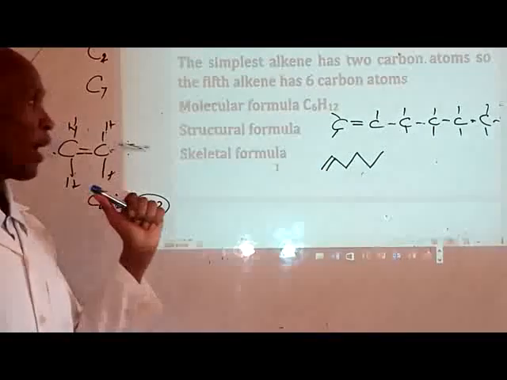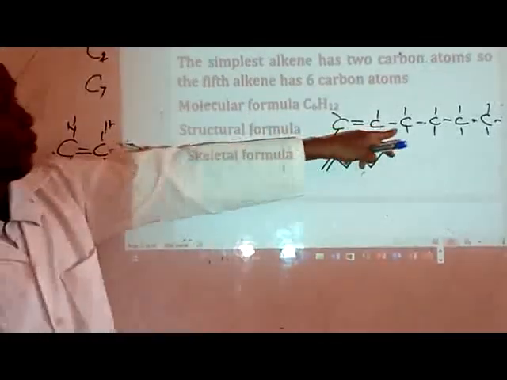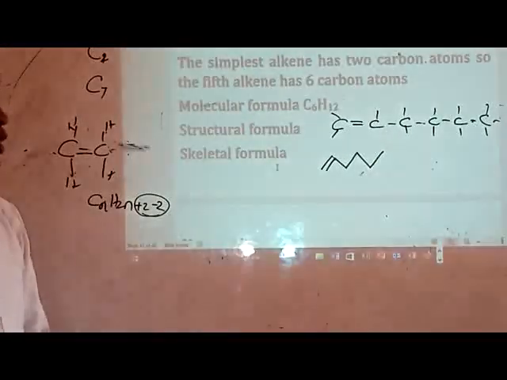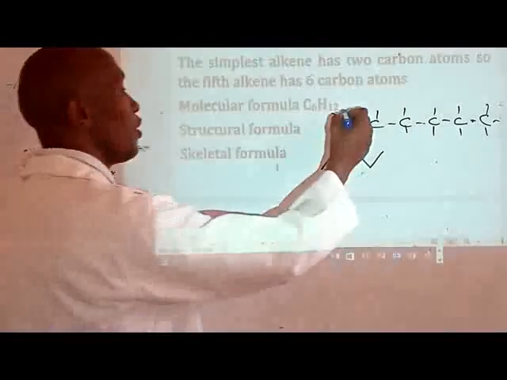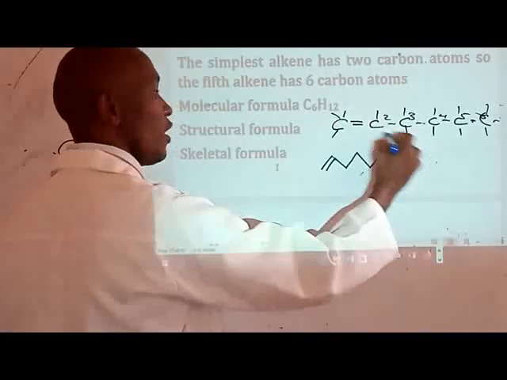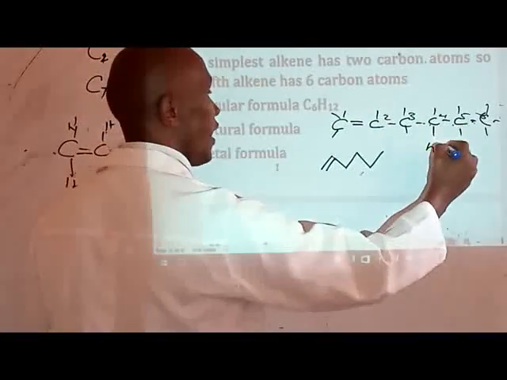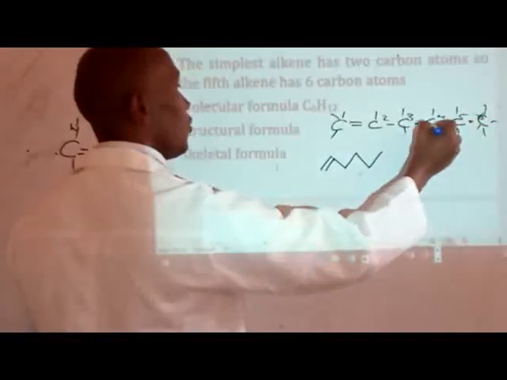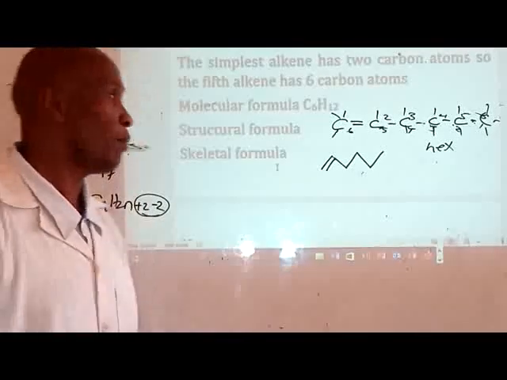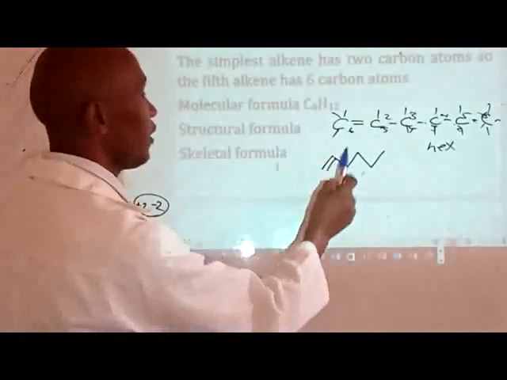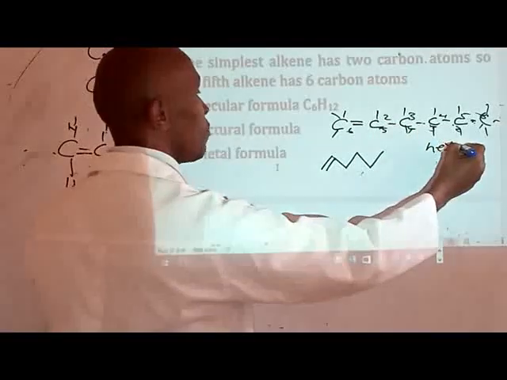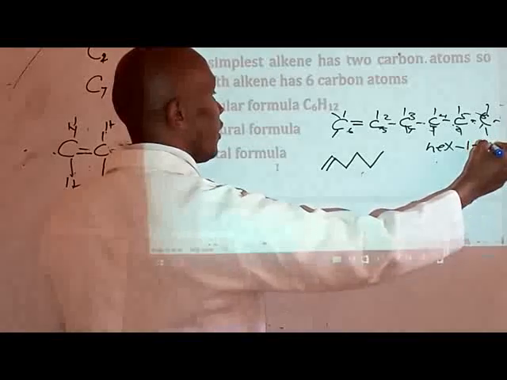Wrong. Why is that wrong? Because I can put the double bond there, I can put the double bond there. So I must specify where the double bond is. How do I specify? As usual, use numbers. 1, 2, 3, 4, 5, 6. So this is hex. I can say the double bond is either on 1, 6, 2, or 5. So I use the lowest possible number. And the lowest possible number is 1. So hex-1-ene is the